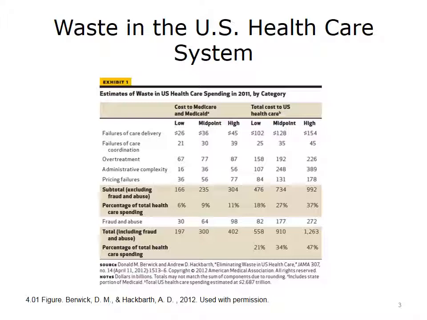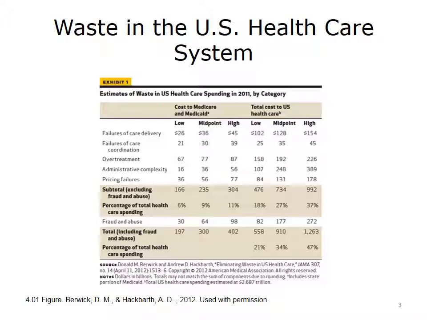The behavioral category might include things like obesity, smoking, non-adherence to prescriptions, and alcohol abuse. These are areas that are more under consumer control and would be spread among the 2 categories of waste on this slide: failures of care delivery and failures of care coordination. The clinical category would be spread in this slide among failures of care delivery, failures of care coordination, and overtreatment.